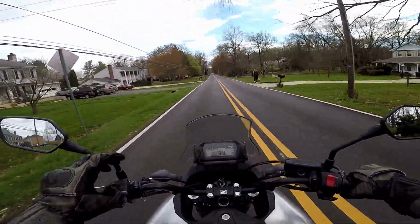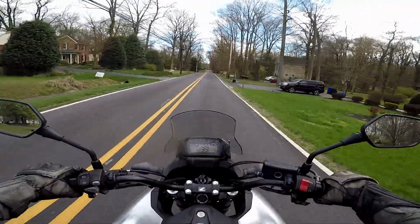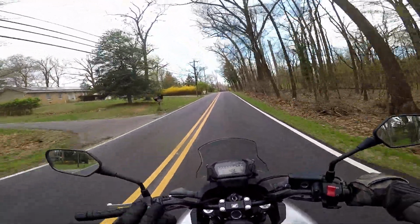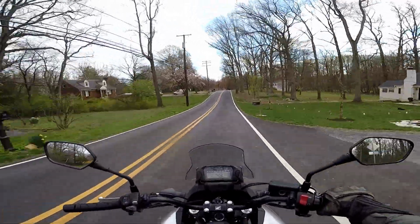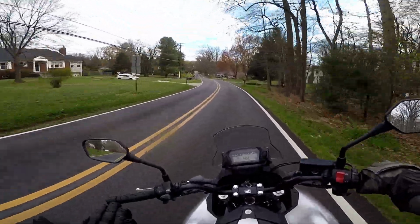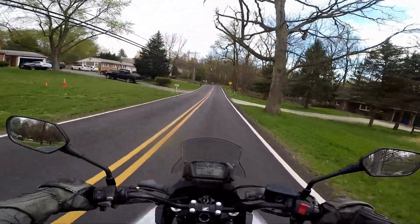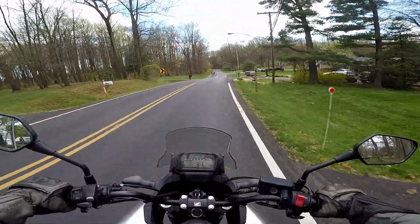You would think that perhaps other bikes would make better commuters, but I find it hard to believe that it would be. Oh man, that road is all worn. What makes a good commuter bike? First, you've got to get really good gas mileage. It has to be reliable. It has to get you to work. Maybe comfort is important. Windscreens are very important. You have to have the ability to ride in the winter. And I think this NC does check a lot of boxes. It's got a lot of good features to it. And you also have the ADV style, which is